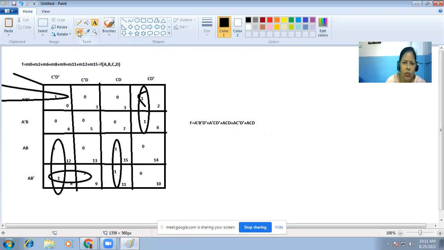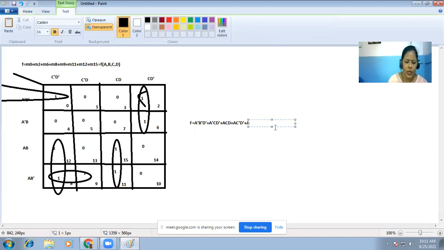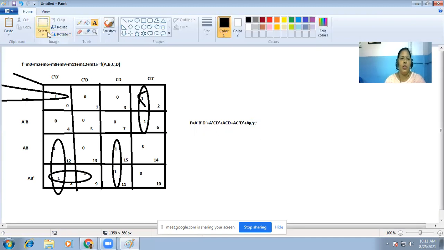So instead of this, it will be A. For this case, it will be A, B bar, and from the upper side C bar. It will be A, B bar, C bar. So this is your simplified expression for this particular function.